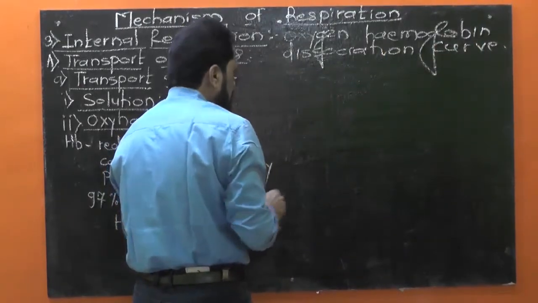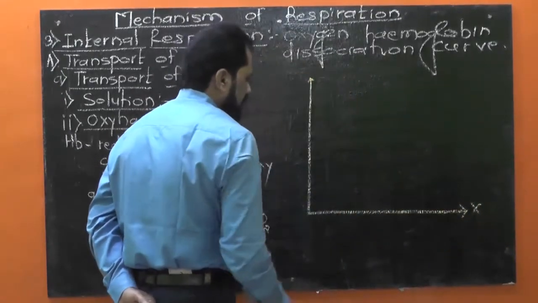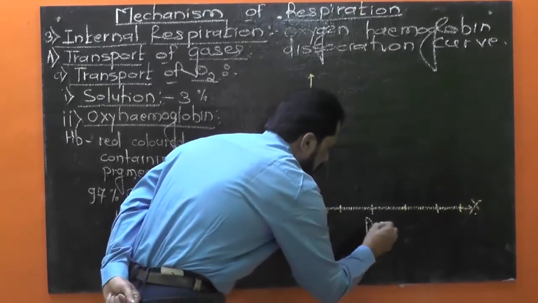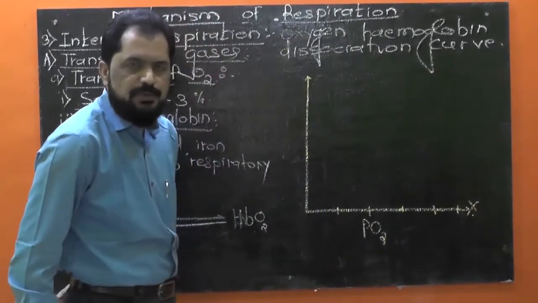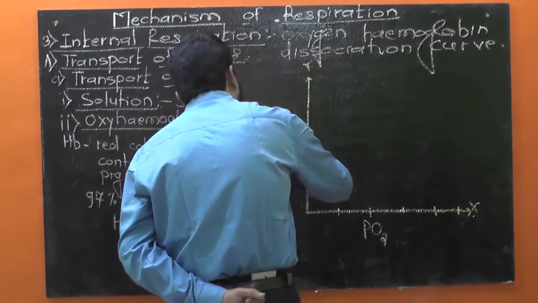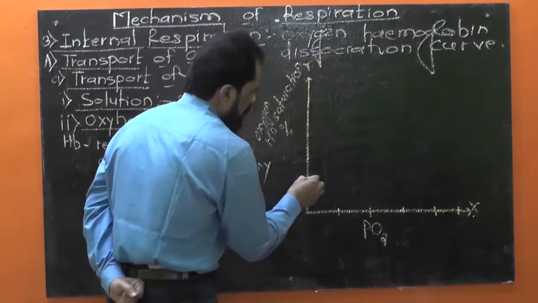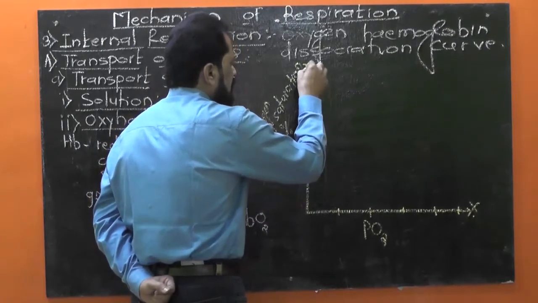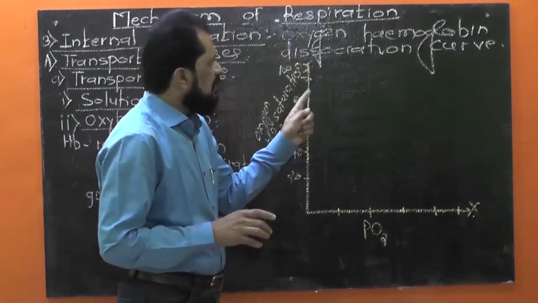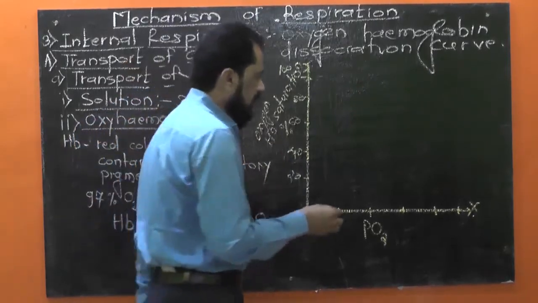Here I am going to show the x and y axis. Along the x axis, consider PO2, that is partial pressure of oxygen or oxygen tension, and along the y axis the oxygen hemoglobin saturation in percent, 20, 40, 60, 80, 100. Now this oxygen hemoglobin dissociation curve normally appears as a sigmoid curve, S-shaped curve,